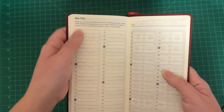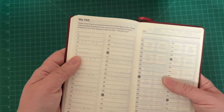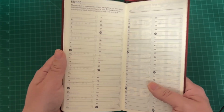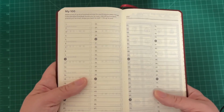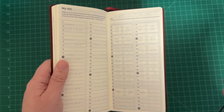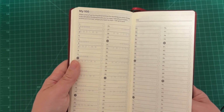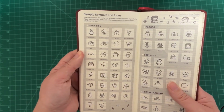My 100, you can do anything here. I've seen people do 100 books. In my memory keeping journal, I did places because I did a lot of traveling this year. So, even if I went to a new restaurant or something, or a new airport, because I was in airports a lot this year, new foods, whatever, new songs, the possibilities are endless. It's really cool. Then you have these sample symbols